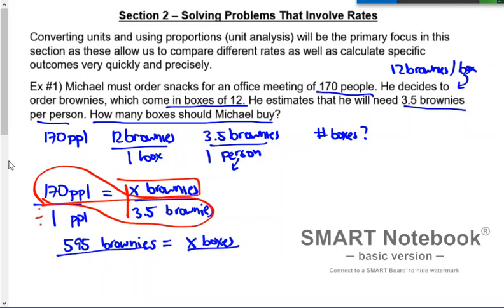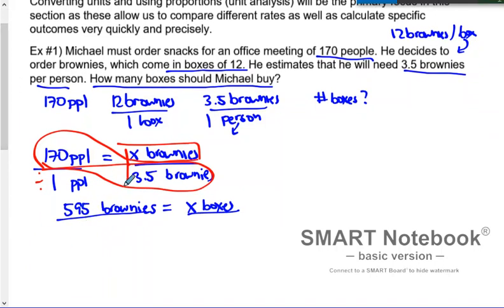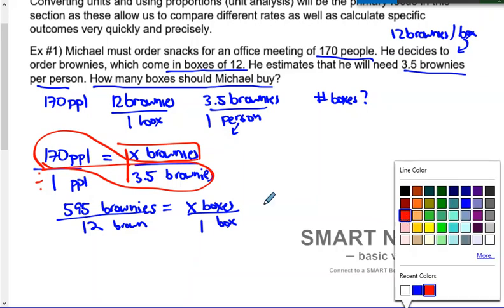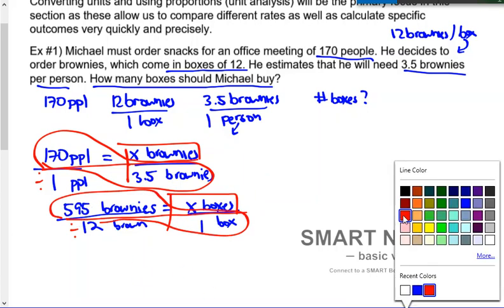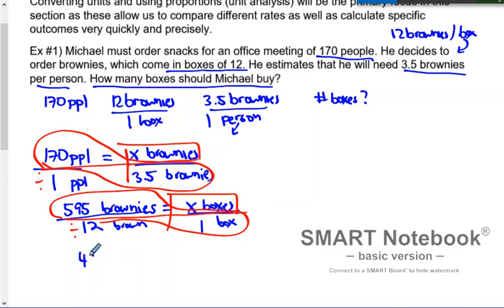Okay, so here we go, setting up our proportion. So I need a conversion from brownies to boxes, and I have this one. So 12 brownies per one box. Now taking a look here, looking for this one, so I'll divide by that and multiply the other two. So 595 times 1 is just 595, and then divide by 12. And in our calculator, we will get 49.58 and then 3 repeating